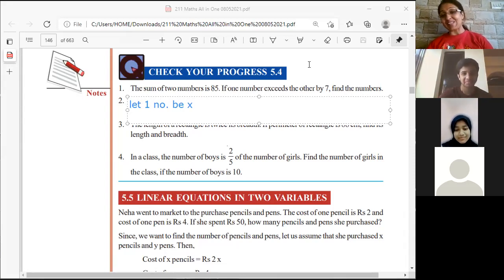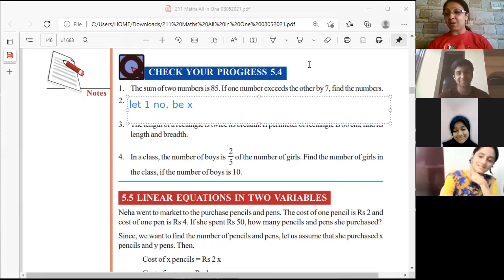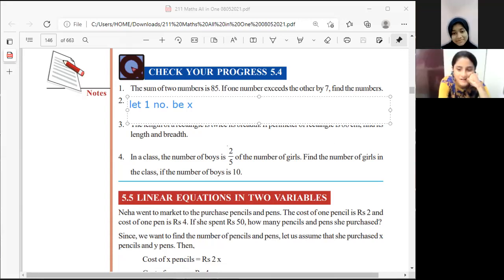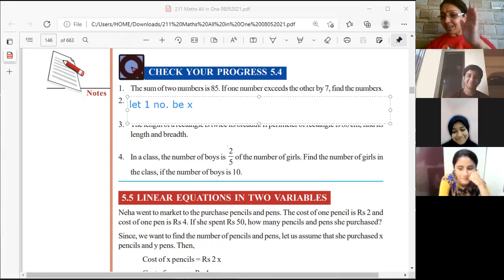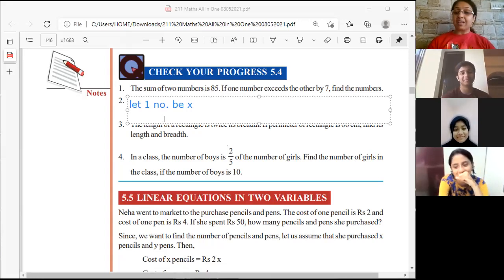Barira, yes, he's looking out of the window again. Does he do the same thing when he's chatting with you people, or only when it is class that he looks outside the window? When he's also chatting with us, he still looks outside the window. We will have to ask Sufyan's parents what is there outside the window. Please show us what is there outside the window. That is so attractive that Sufyan cannot resist looking outside the window. Correct?